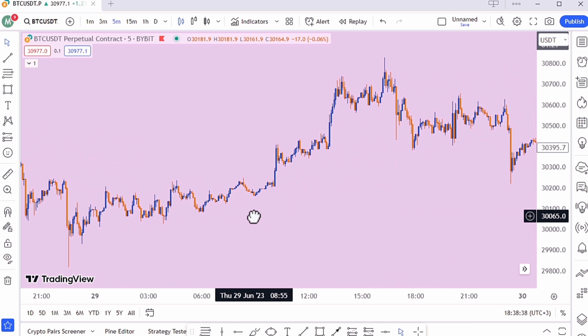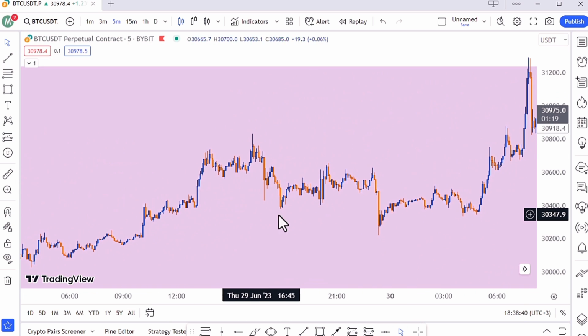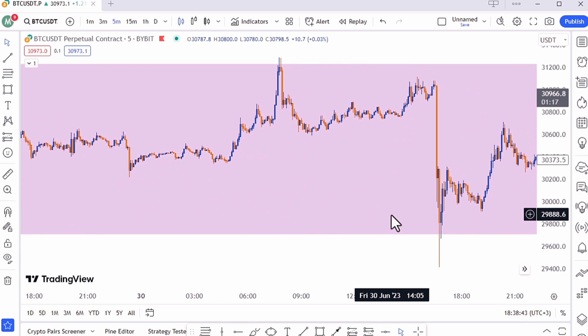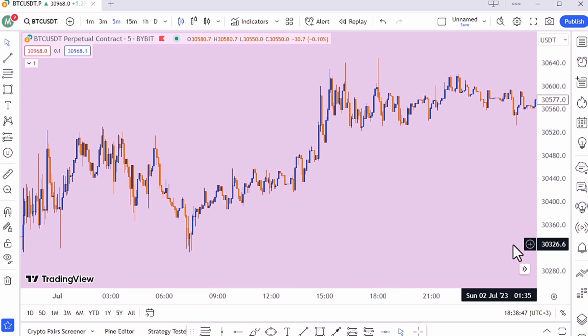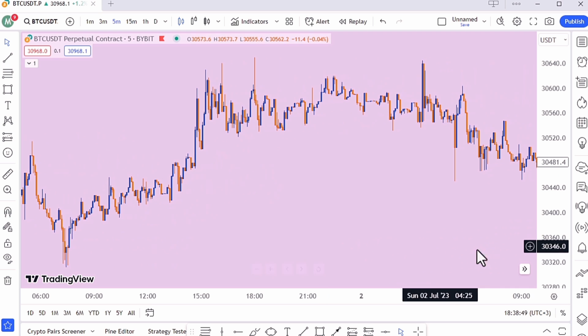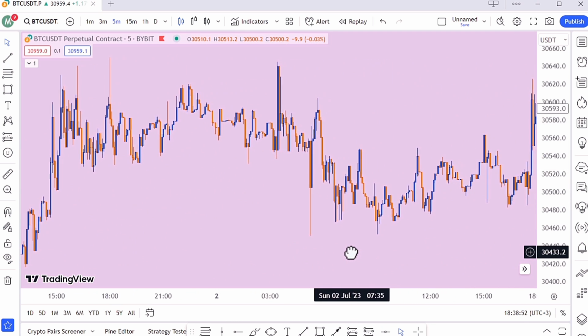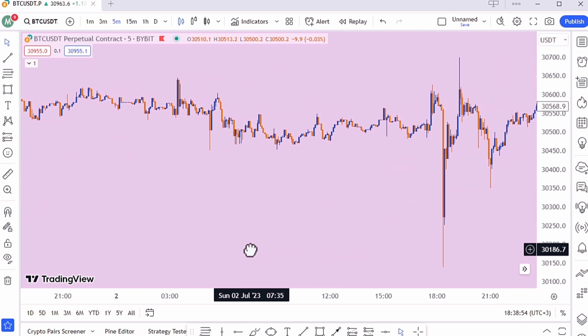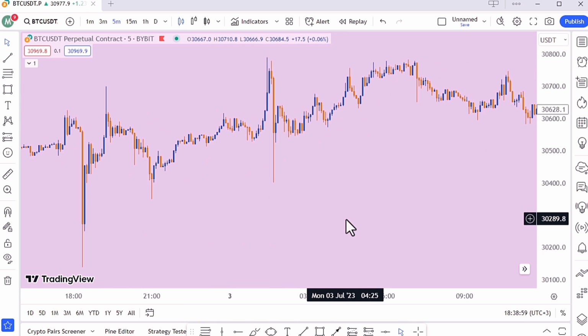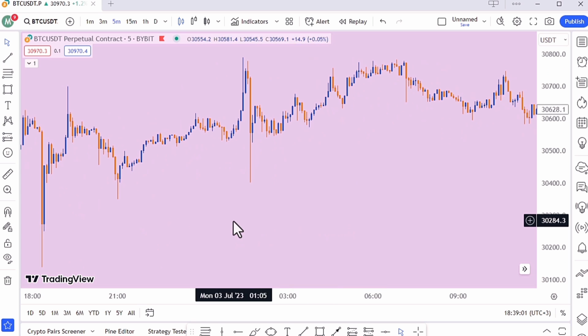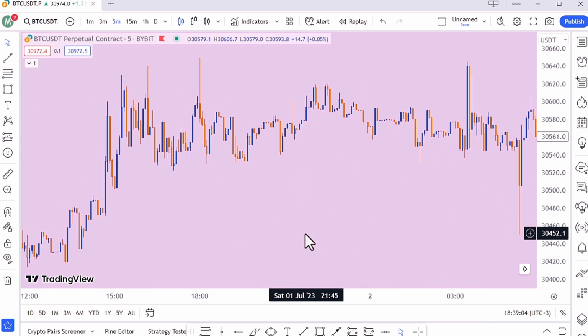It's not the ranging market. It's the low volume, low volatility, or let's say the consolidation zones, where it doesn't matter what strategy you choose, you should not trade in these phases, because market makers can come and make some crazy moves in the market. So first you must wait for the market participants to drive the market in a certain direction